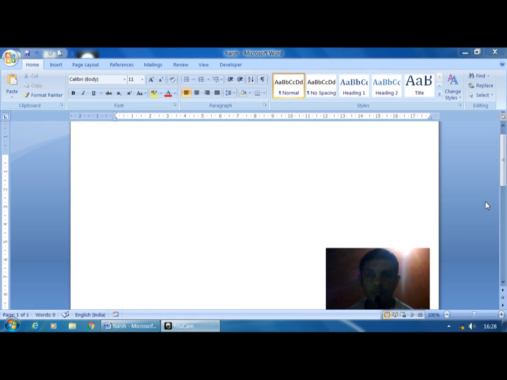Here we can edit the document, print the document, insert a table, apply bullets and numbering, etc.